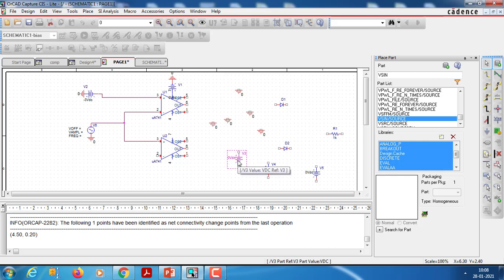Now same way here also. So we have connected and the other end will be grounded. So this has to be in the reverse position at pin number 4. Another end is grounded. So again another end is grounded.